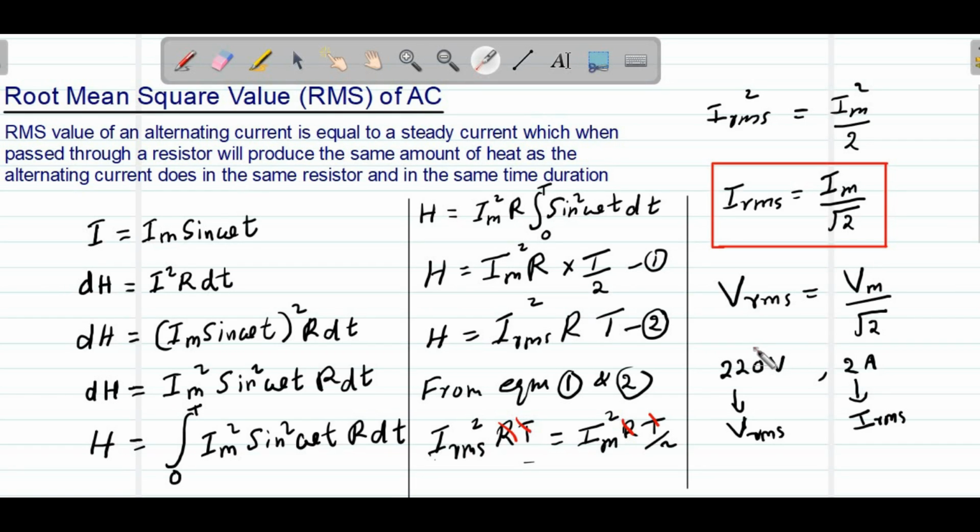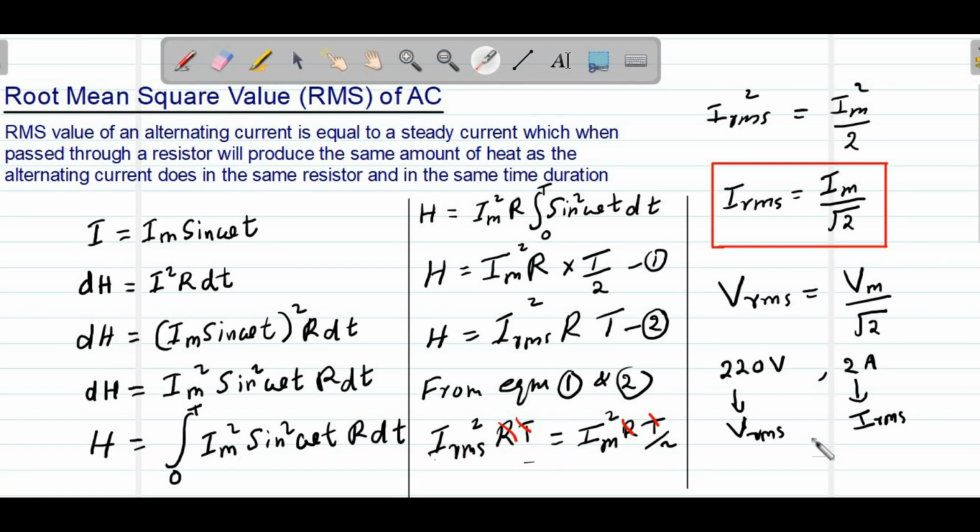In those lines, what is 5 ampere? 5 ampere is actually the RMS value of current, and 15 ampere is also the RMS value of current. Otherwise, every moment the magnitude of current keeps on changing. So the effective value of that AC current is taken as 5 ampere, 15 ampere, etc. These are actually RMS values of current, and voltage also we are saying RMS value of voltage. So this is the basic point you have to remember about the RMS value of current and voltage in an AC circuit.